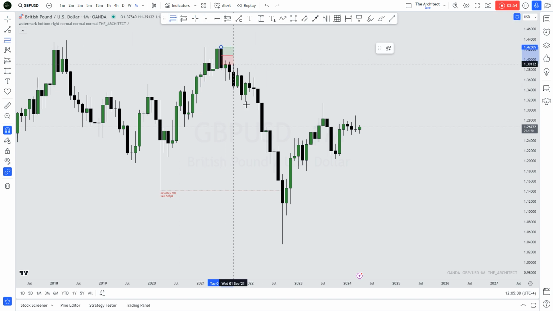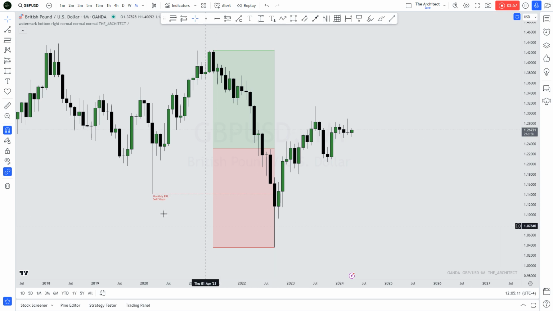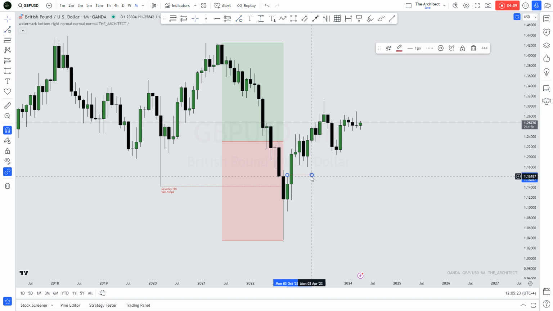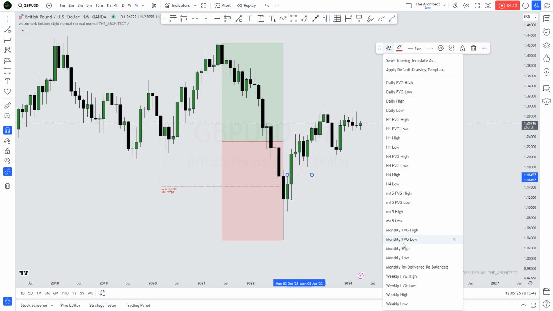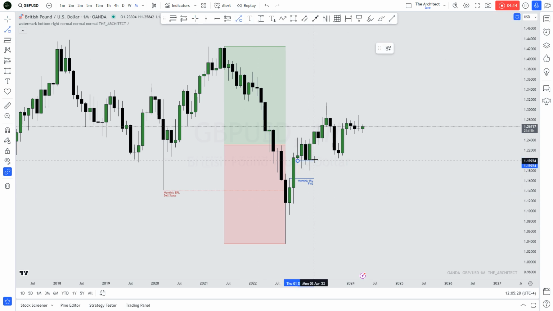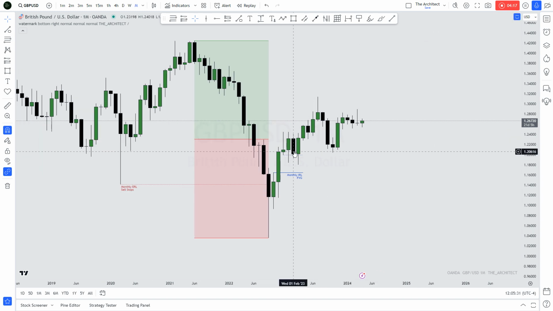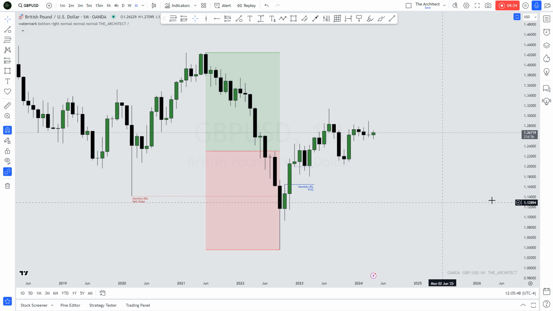We understand that the way the market moves is by reaching into external range liquidity. After it does that, it has to draw towards internal range liquidity. But before we get into that, we can see that in these discount prices over here, there's this fair value gap that the market rebalanced. These are specific points where smart money will be entering the market as well. It's also in discount, so they'd be actively buying these points in order to reach a point of fair value, which is in premium, to take profits.